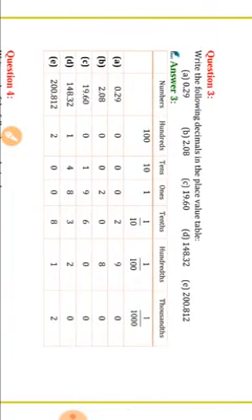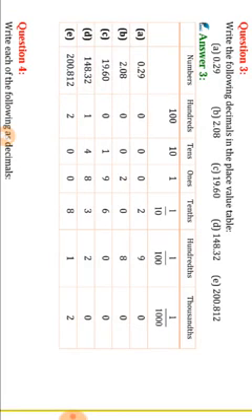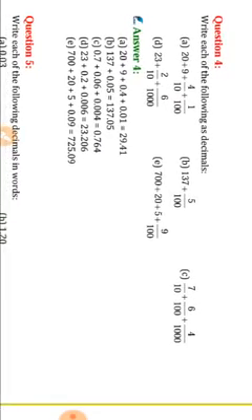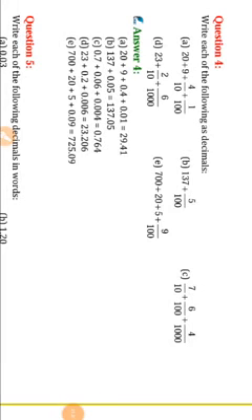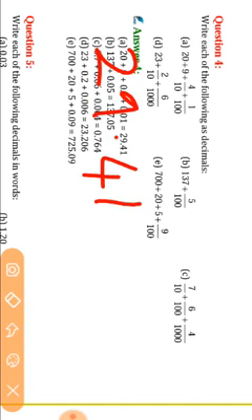Okay, write the following decimals in the place value table. So how can you write the place value table? Write like this. I have shown in the examples. Write each of the following as a decimal. This also I have shown how to write as a decimal. So 29 plus, tens place is 4, hundreds place is 1. Sorry, plus I have written the decimal 4 1. In B1